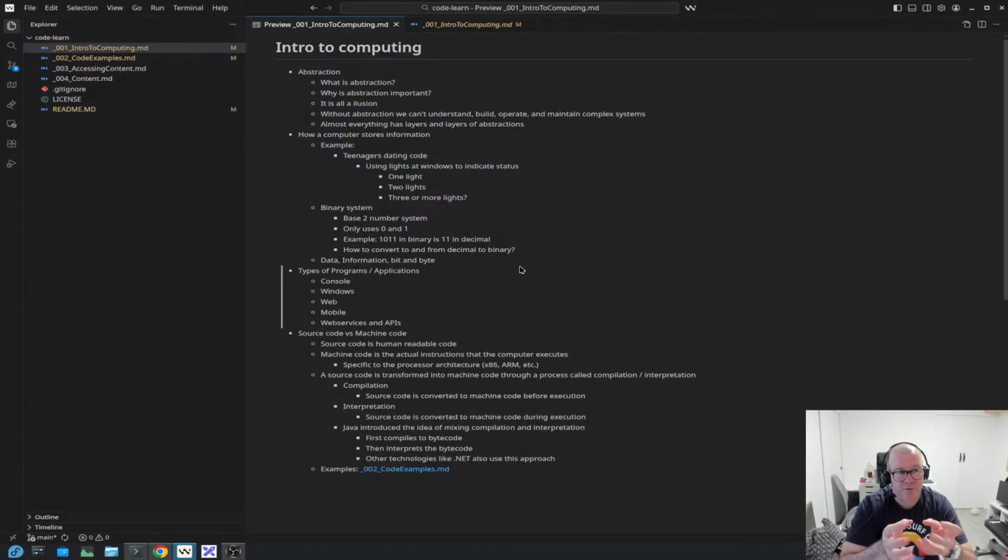And it's very important, otherwise we're not going to be able to understand, build, operate, and even maintain complex systems. Nowadays every system is getting more and more complex because we are doing way more stuff than before. So why is abstraction so important? It's something that we all know, we already use. It's easy to understand. We hide complexity that is not needed.